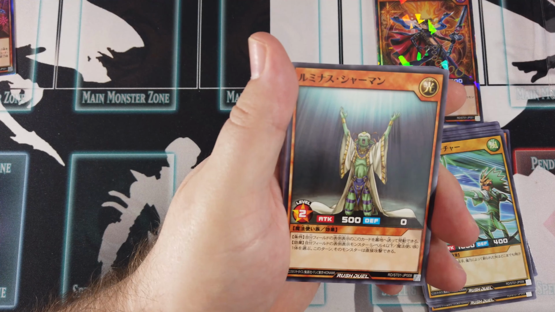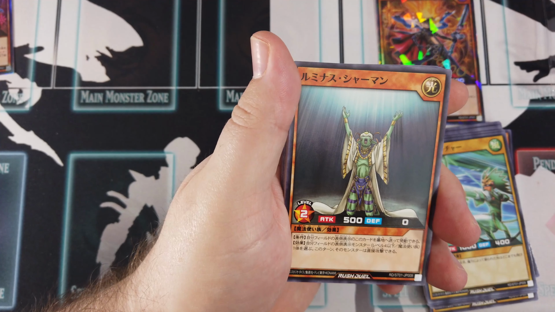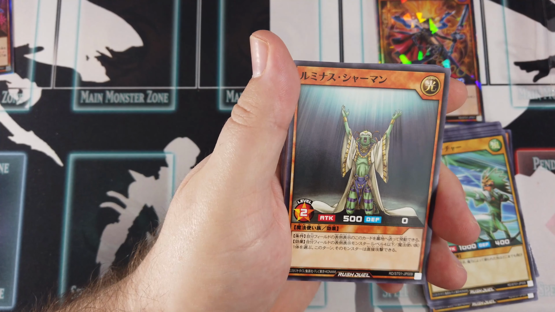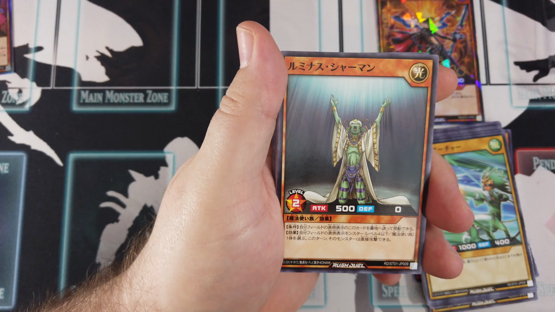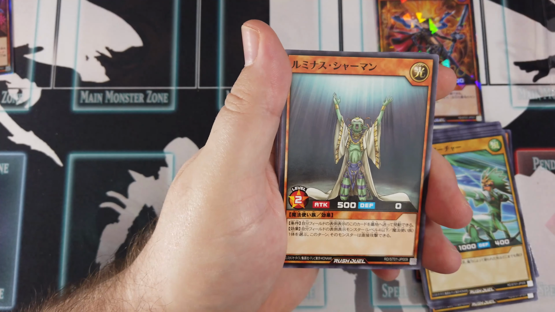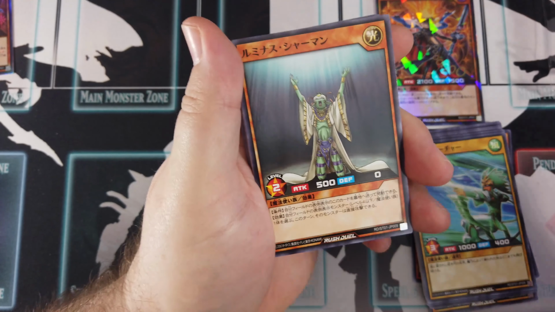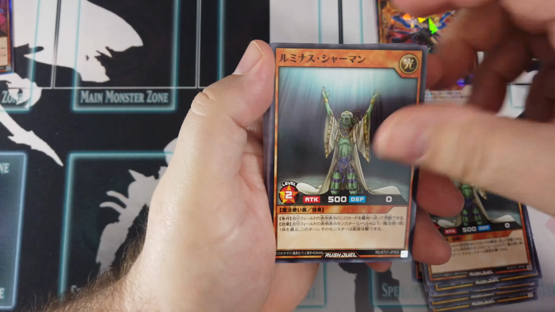Oh, which one are you then? Hang on. Effect monster. Number 9. Oh yeah, you are an effect monster. Look at that. Luminous Shaman. So he is. You can send this face-up card you control to the graveyard. Choose 1 face-up monster, level 4 or lower spellcaster you control. It can attack directly this turn. Okay. Alright, okay. I mean, you're not going to be doing a lot of damage with that, but...